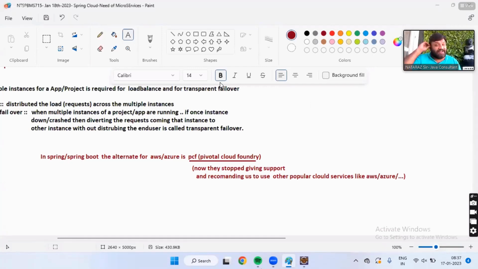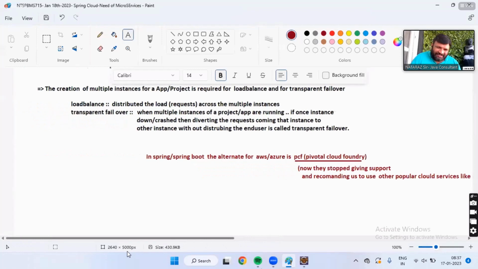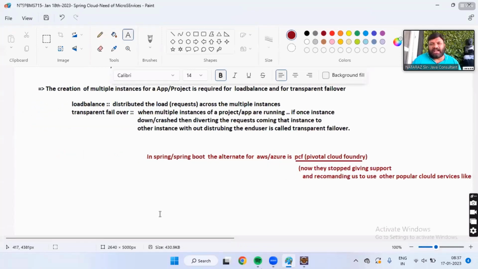Testing means not JUnit. Testing means this one, Selenium, Appium. Appium is not required for you. Selenium and manual testing. When I say testing, JUnit is for the developer. Don't separate JUnit from the developer. A full stack developer means he's an all-rounder. All-rounder means 6 domains knowledge is required.